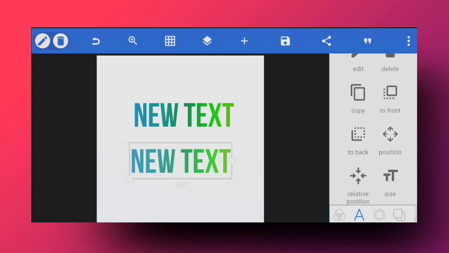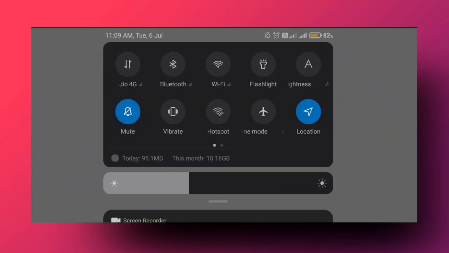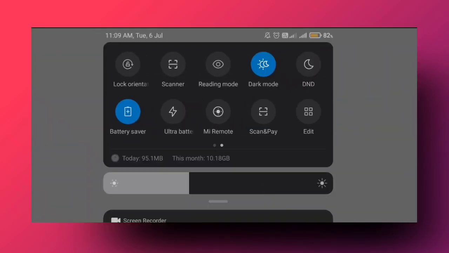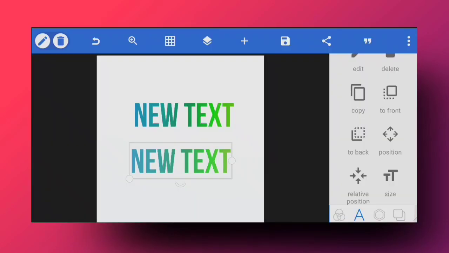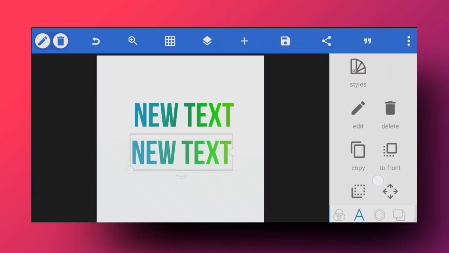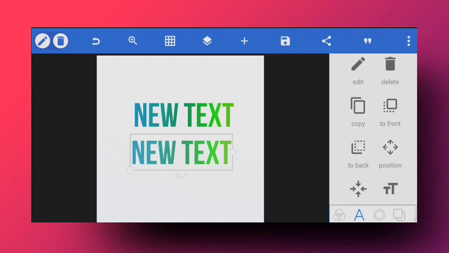Now coming up, these two functions, basically this is Pixellab horizontally. I've just changed the orientation of my phone, sorry, and from here you can change your orientation. This is what I have toggled so that I can use it in my horizontal version. But this is just my phone, this is not a PC version. Coming back, what I wanted to say is these two functions will be similar in the vertical side of Pixellab as well.